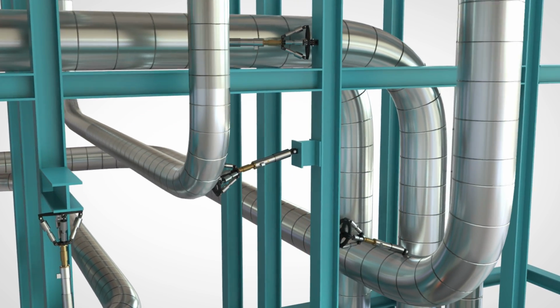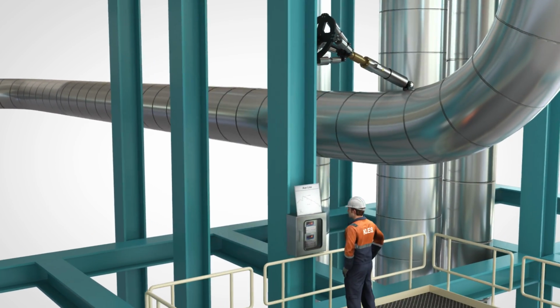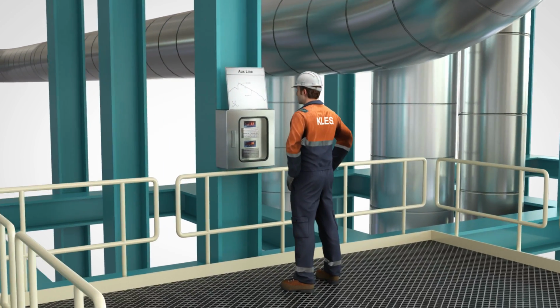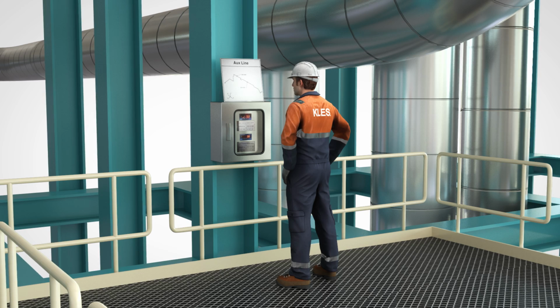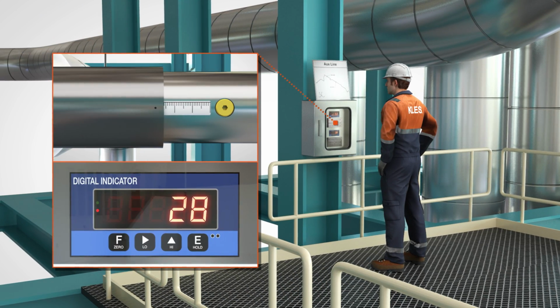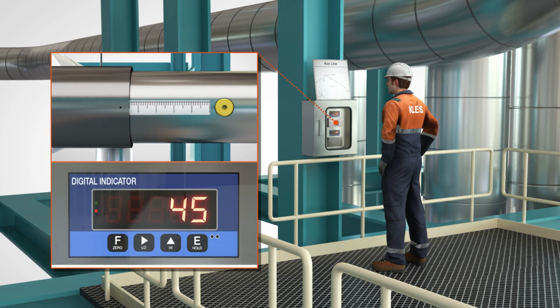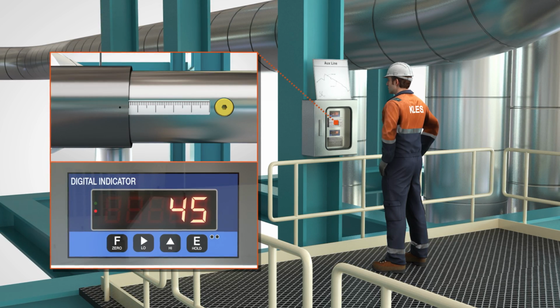Most of the snubbers are installed in high places or in difficult to access locations, so it is difficult to check the current status of the scale. With the digital indicator equipped on the multiaxial snubber, the scale status of the snubber installed in high places can be conveniently checked, and the thermal displacement of the piping due to the tension and compression of the snubber can